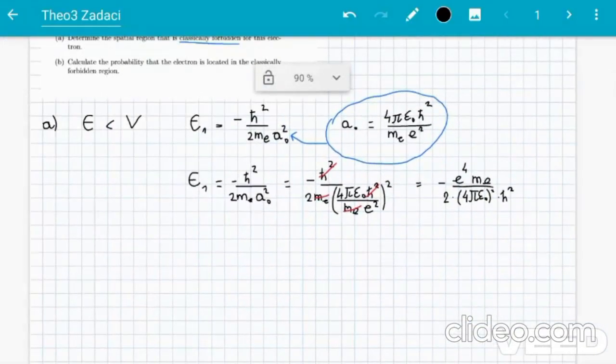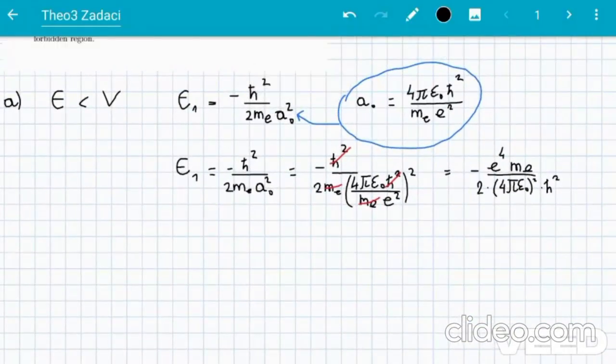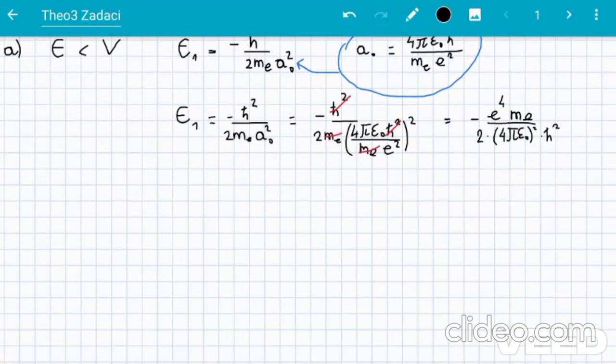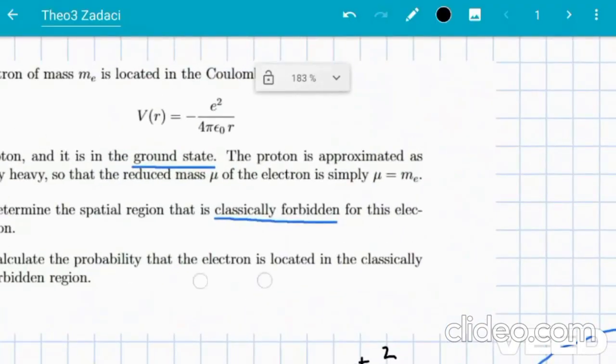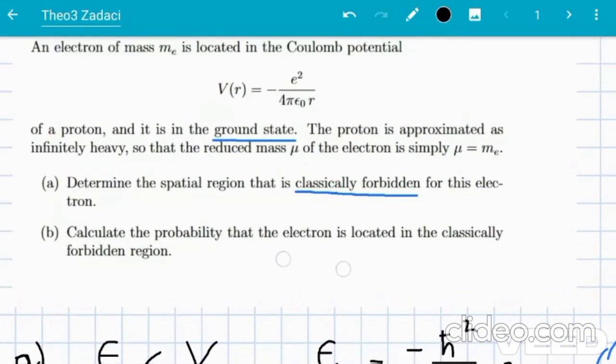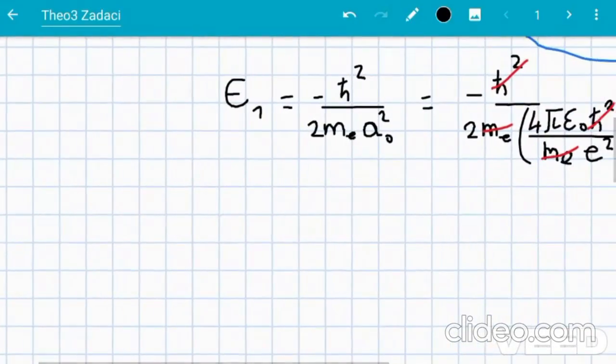That's the energy, and it's supposed to be less than the potential energy, which is minus e squared over 4 pi epsilon naught times r. So when we plug those in, we get